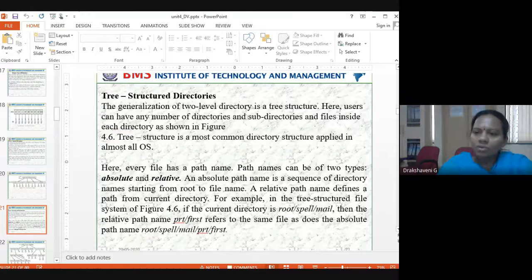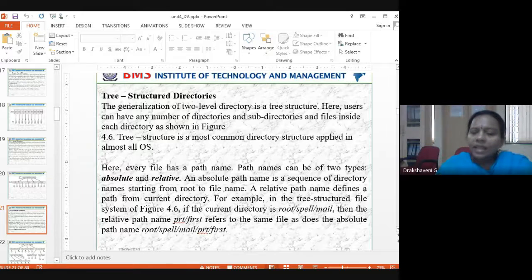Suppose he has made the C drive and D drive. In the D drive, he creates a folder for second semester MCA, and within that, one folder for operating system and others for all the different subjects. Again, in operating system, he creates more folders within that: one for PPTs, one for notes, one for question papers, one for assignments. So he is creating directories within directories. That's what is called a tree structure directory.